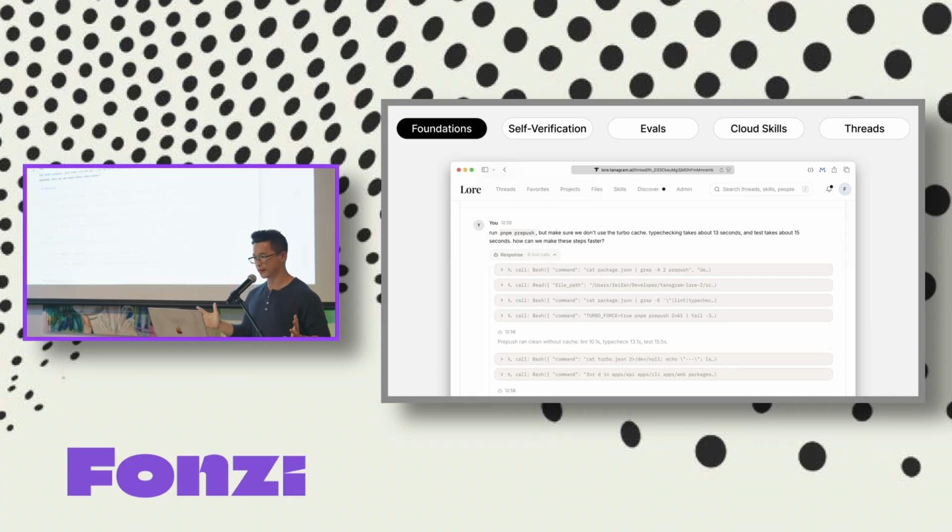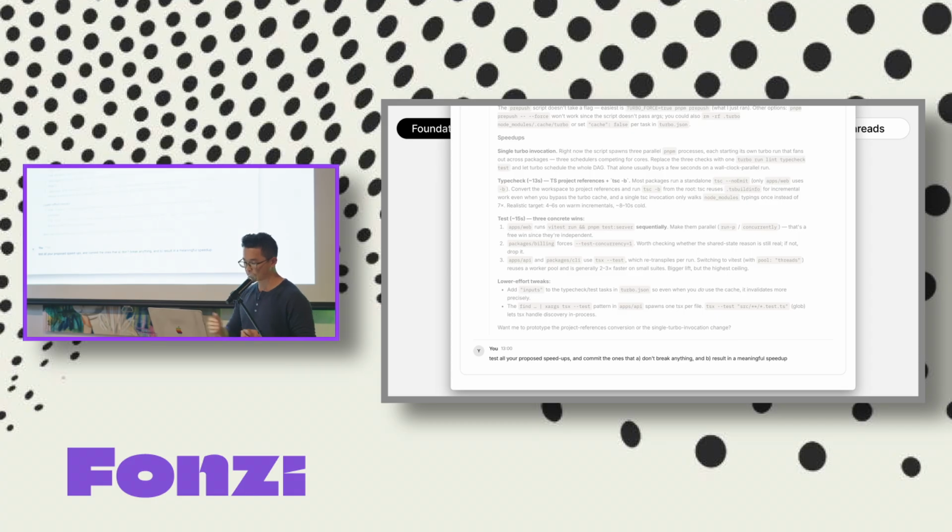And so I'll do things like go ask my Claude to run this command, make sure not to use any caches. And I'm saying, type checking is taking 13 seconds. That's too long. And so I'm asking my Claude to go fix it, right? I'm asking my Claude to catch regressions, to suggest improvements for how we can make these things faster. And in this particular case, Claude runs through, and it comes up with a couple of suggestions for what might be useful. And so I ask it to test all these proposals, commit the ones that don't break anything, and